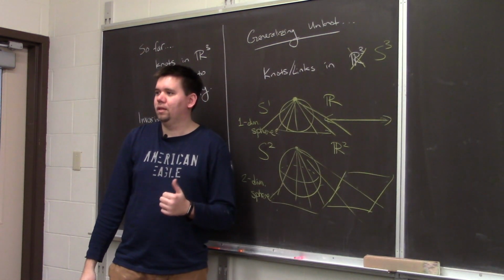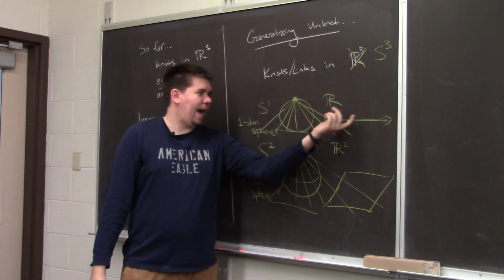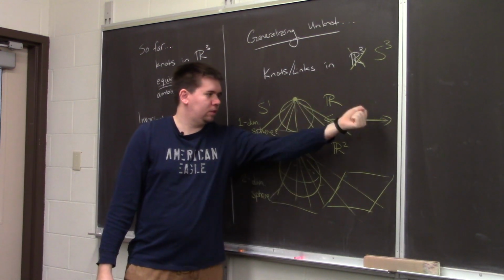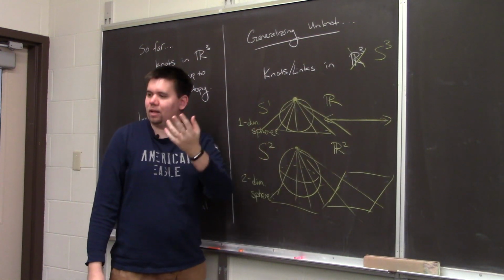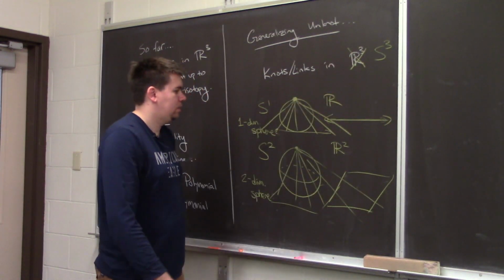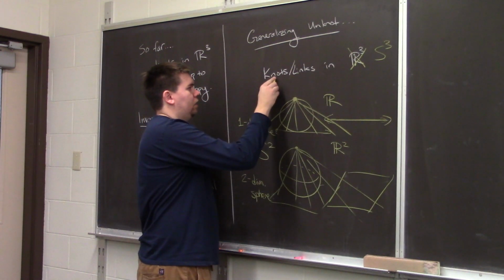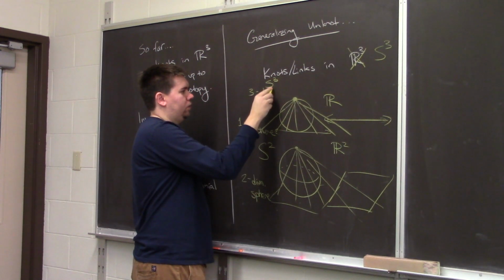Comfortable with that? So sometimes you call this the one-point compactification. By adding a point, we move from this space that was unbounded to a nice bounded compact space. In some of the other classes, you may have heard language like this. What S3 does is a very similar idea. S3 is going to be the three-dimensional sphere,